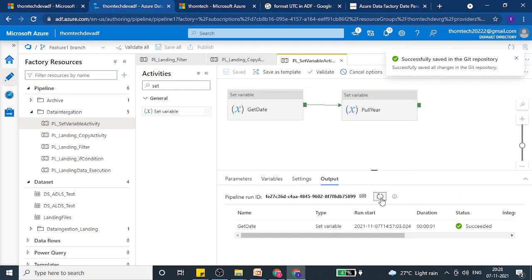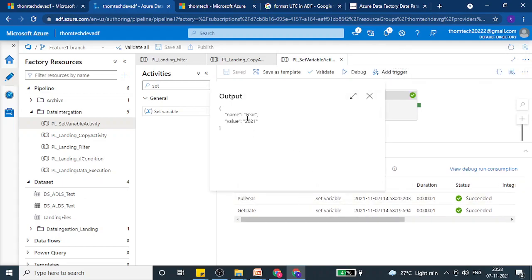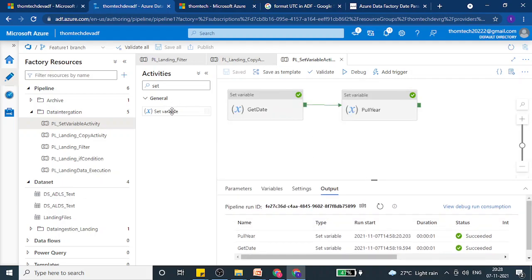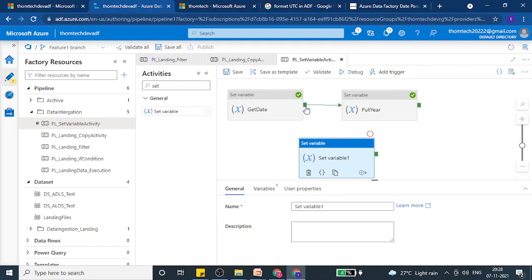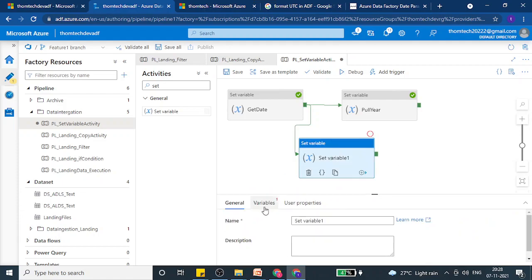Once we click on debug, we will have this year extracted from the date. That's it. Now let's move on to one more activity and join it together. We can pull it from here or from here as well, not a problem. Then we can name this pull month. Let's see how we can pull a month.